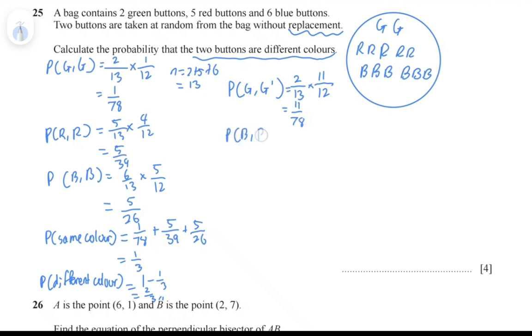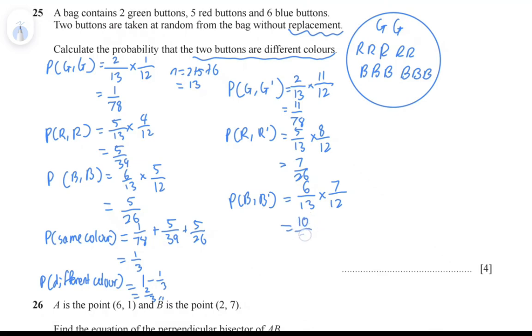Probability of red and not red, we have one of the 5 buttons and then one of the 8 remaining, giving us 7 over 26. Probability of blue and not blue, we have one of the 6 buttons multiplied by one of the 7 remaining non-blue buttons, giving us a probability of